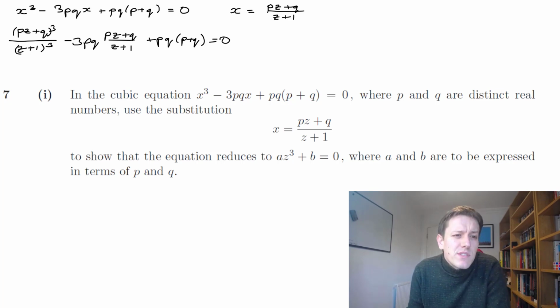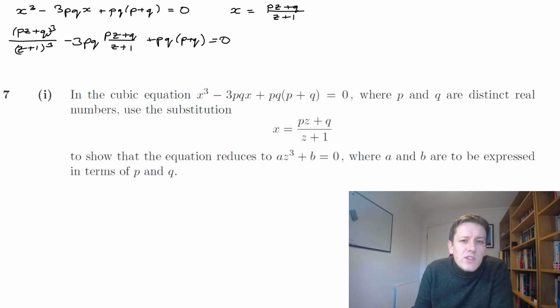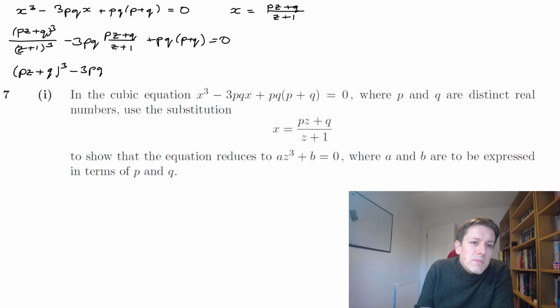So there's going to be a lot of algebra in this question, so we've got to try and do things as efficiently as possible and keep track of all the terms and try to avoid making any silly mistakes. The first thing to do here clearly is to clear the denominators, so I'm going to multiply through by (z + 1) cubed throughout this equation, and we'll get 3pq(pz + q), so I'll have a (z + 1) squared term with this one,